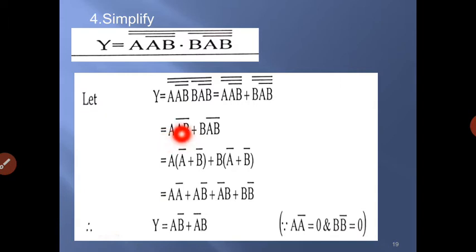So A into AB bar plus B into AB bar. So it will be A into A bar plus B bar plus B into A bar plus B bar. So it will be A into A bar plus AB bar plus BA bar plus BB bar. So the leftover term will be A into B bar plus A bar into B. So this is the minimized expression for the given logical function. Likewise, given a Boolean expression, we should be in a position to minimize it with the help of all the Boolean laws which we have studied in the previous lectures, and also the De Morgan laws which we are studying in this lecture.